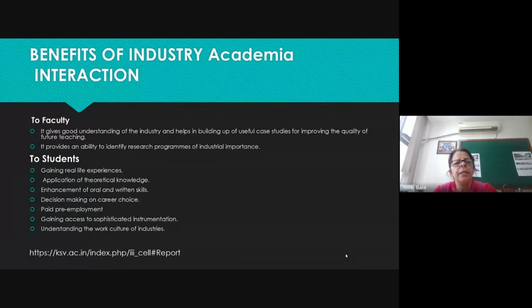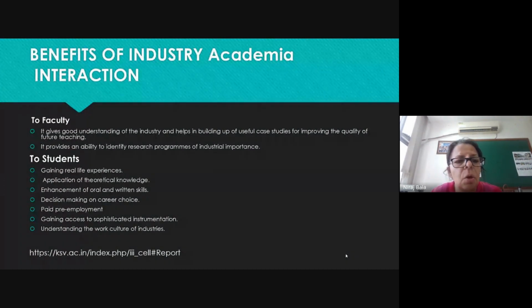To the students: gaining real-life experiences, they can actually work on what they have been reading in theory, application of theoretical knowledge, enhancement of oral and written skills. When you interact with others, there is enhancement in other skills also. Decision making on career choice, paid pre-employment, if during the industrial training they are getting some stipend, gaining access to sophisticated instrumentation, otherwise they are not able to know the instruments, understanding the work culture of industry. Very important to understand what is a work culture, whether that student is capable of adapting to the